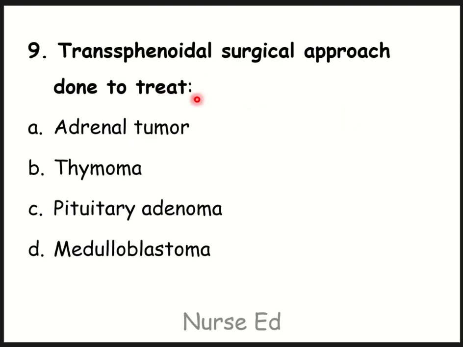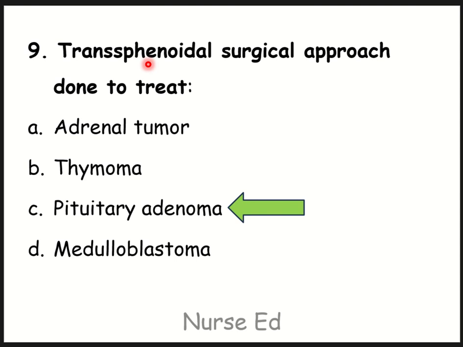Transsphenoidal surgical approach is done to treat. If you know which is the important gland over this, then you will easily identify the answer. Option A, adrenal tumor. Option B, thymoma. Option C, pituitary adenoma. Option D, medulloblastoma. Guess what? Option C, pituitary adenoma, because the seat of the pituitary gland is over the sphenoidal bone,